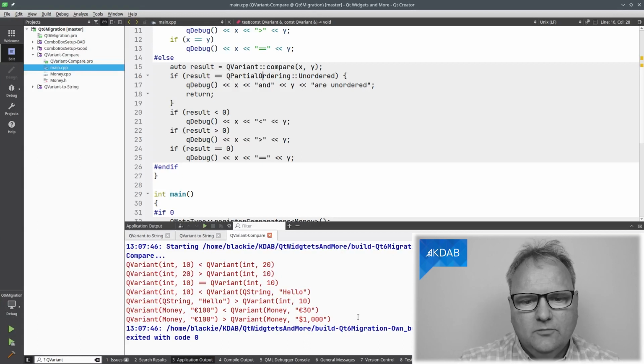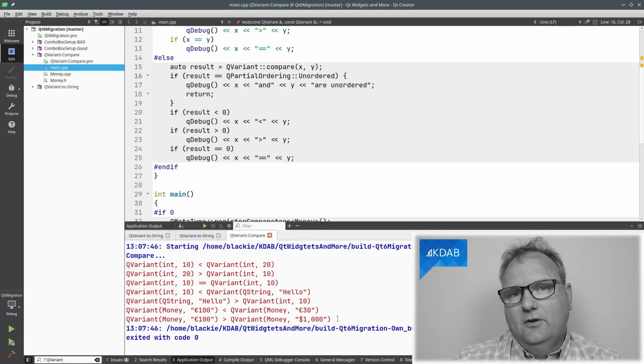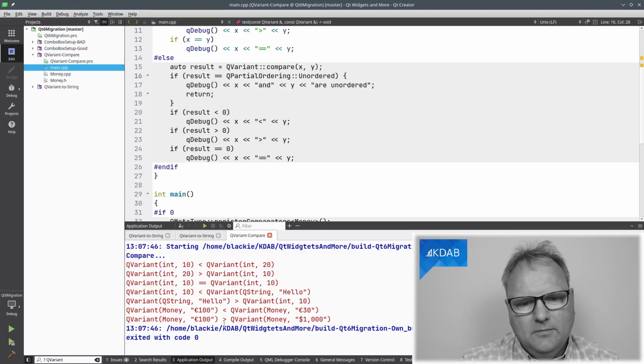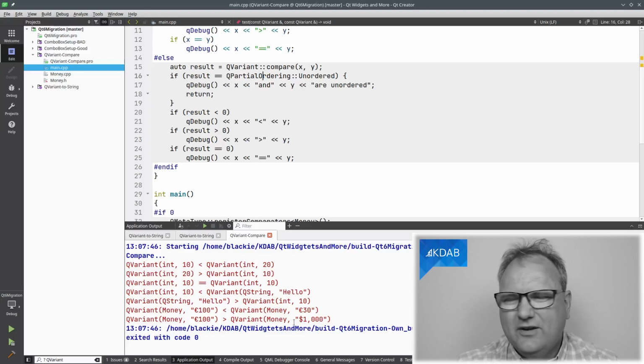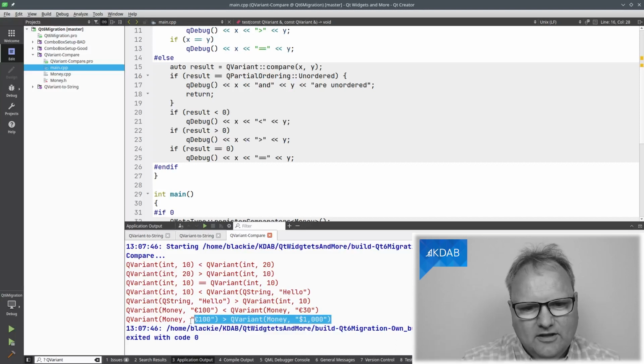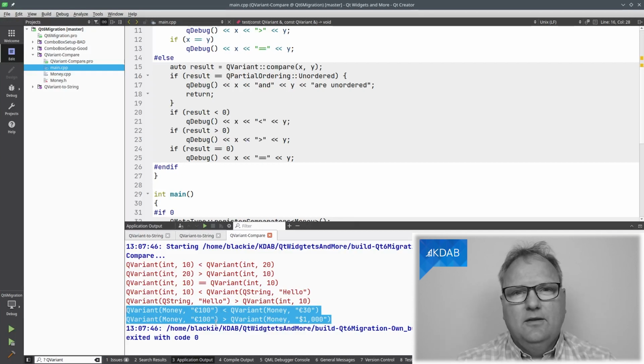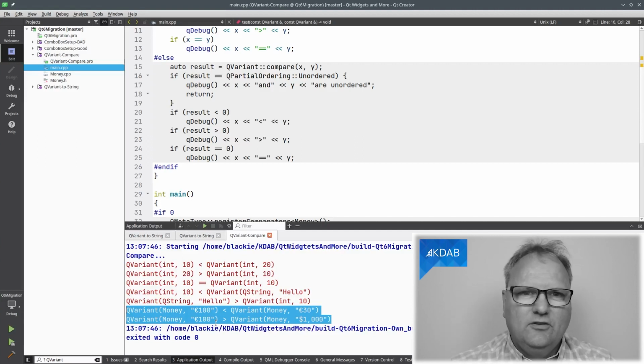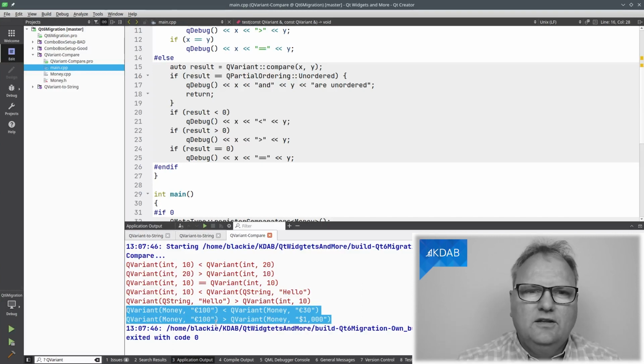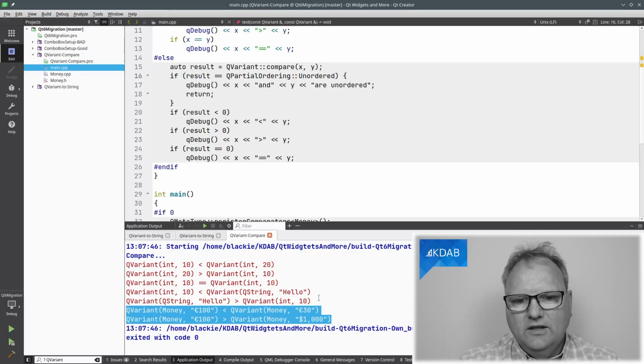And 100 euros is more than $1,000. Sorry, my American friends, seems like you have some terrible inflation over there that makes 100 euros more than $1,000. And how can that even be? How can it even compare these here? Well, actually, it's not comparing them. It's just going through the meta type system, and it's comparing their type IDs and some bit representation, which makes no sense whatsoever. What's equally concerning is this hello that is greater than 10, and that's the same story.